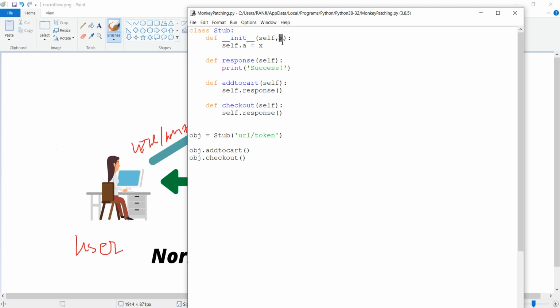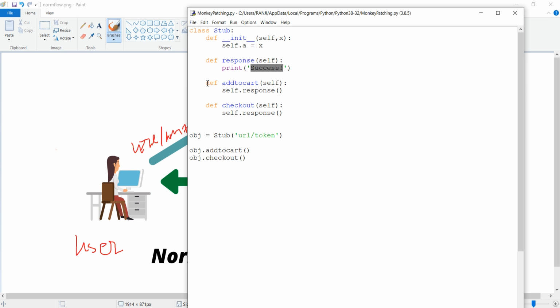It expects one particular token, and that goes inside this class, and the initialization of the class happens. Then inside that I have kept a response message, and in the response message I'm printing success. So if it could connect to that particular module, function call or service, and the action is performed successfully, it returns a success message.